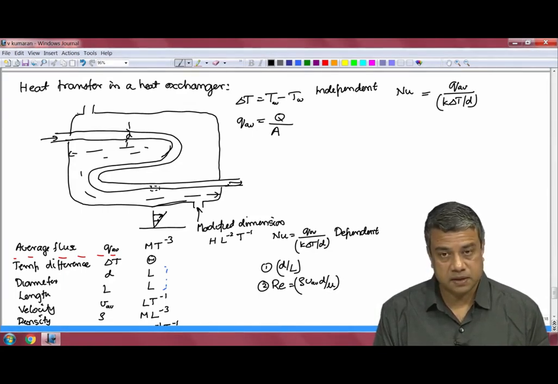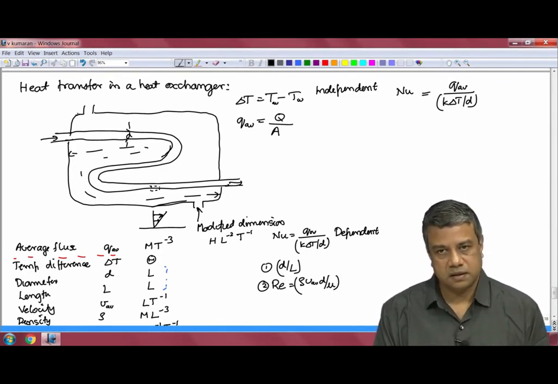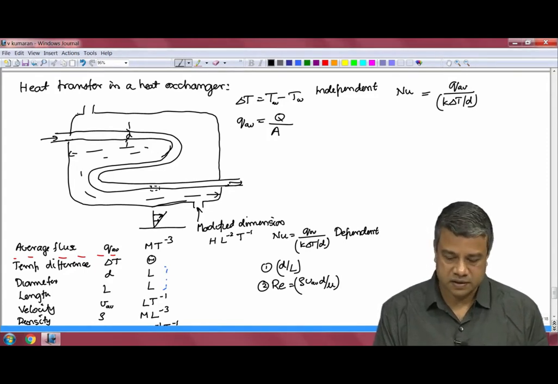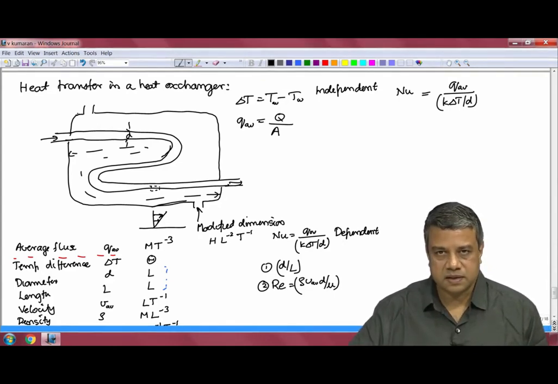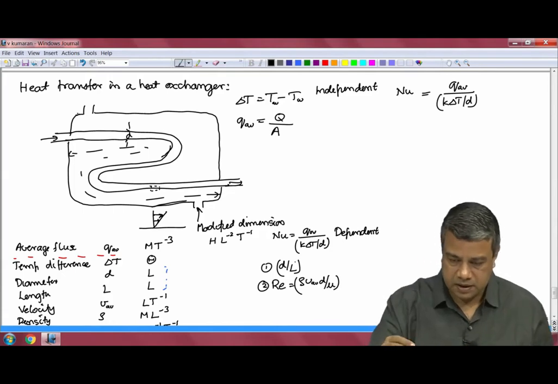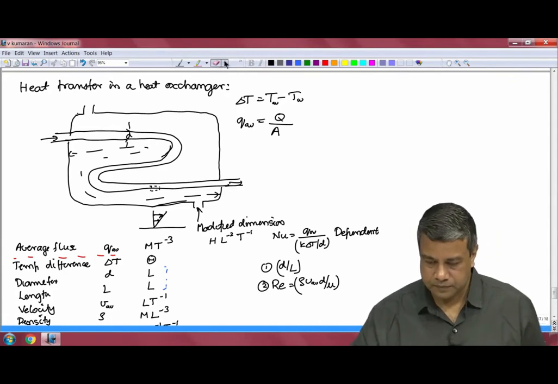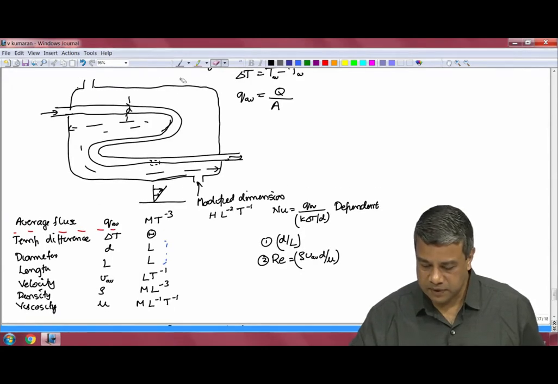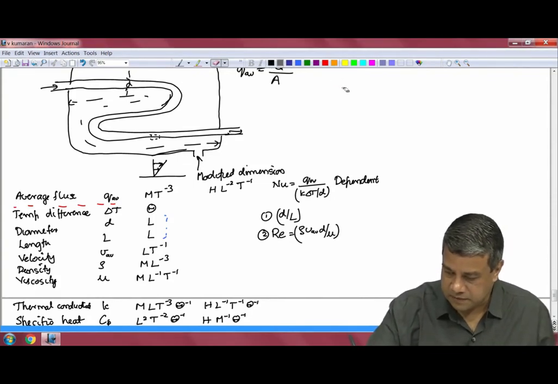And then there is a third dimensionless group which contains the specific heat, okay, which we have not yet used in any of the dimensionless groups so far, okay. We have used the thermal conductivity, the density, viscosity and so on, all the length scales, but one quantity that we have not yet used is the specific heat, okay. And we can get a dimensionless group involving the specific heat as follows, okay. So, I can define the dimensionless group involving the specific heat, okay,